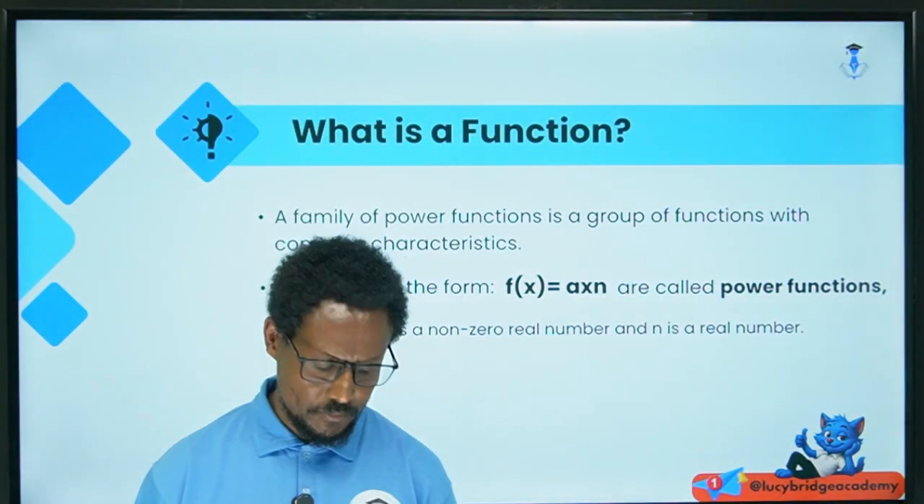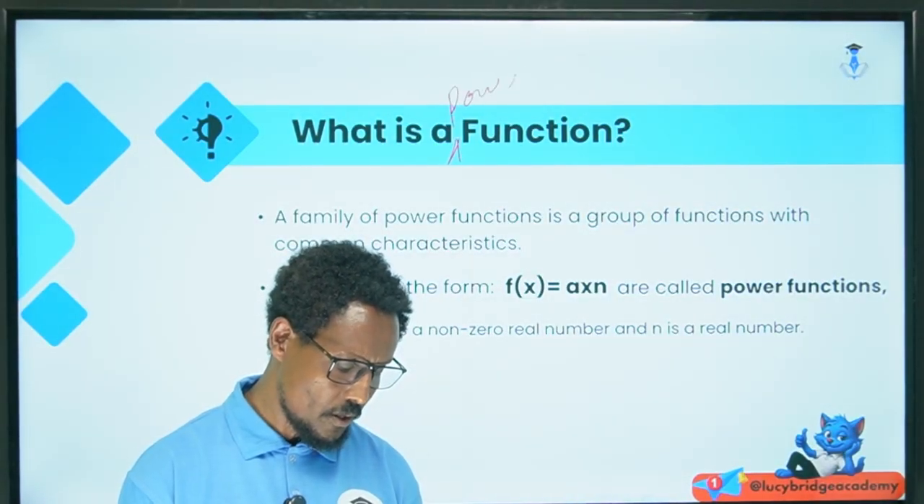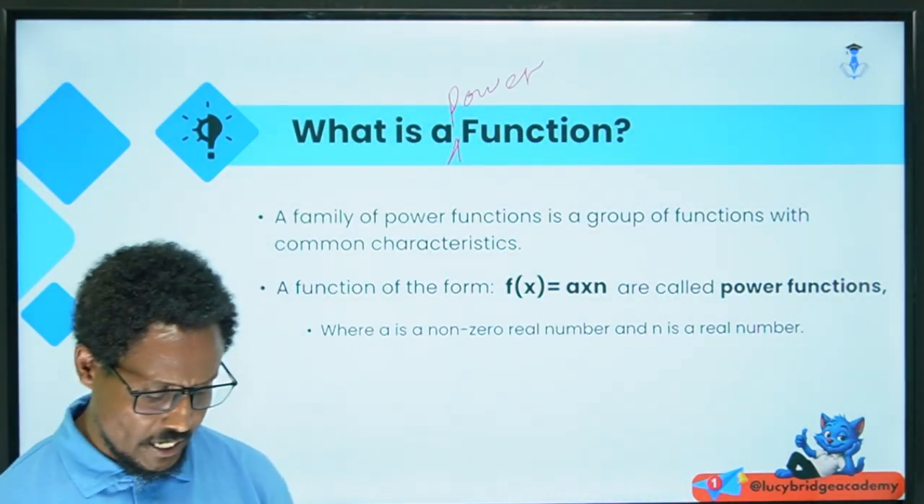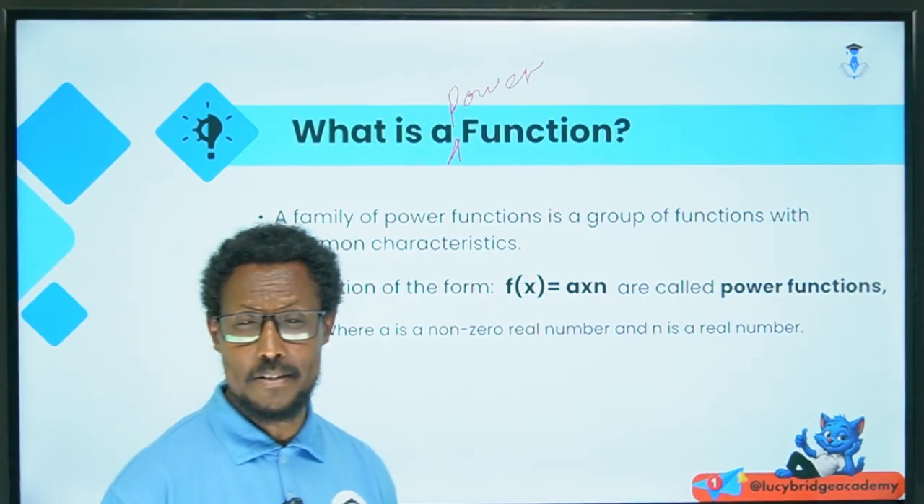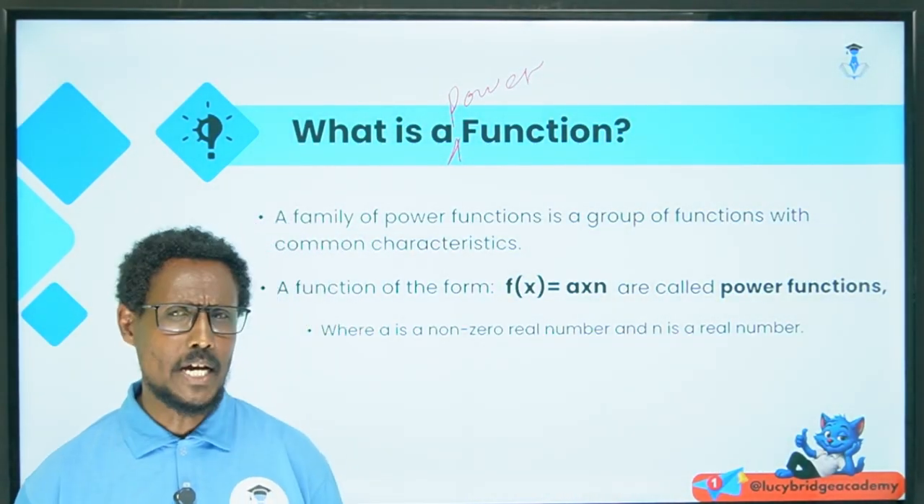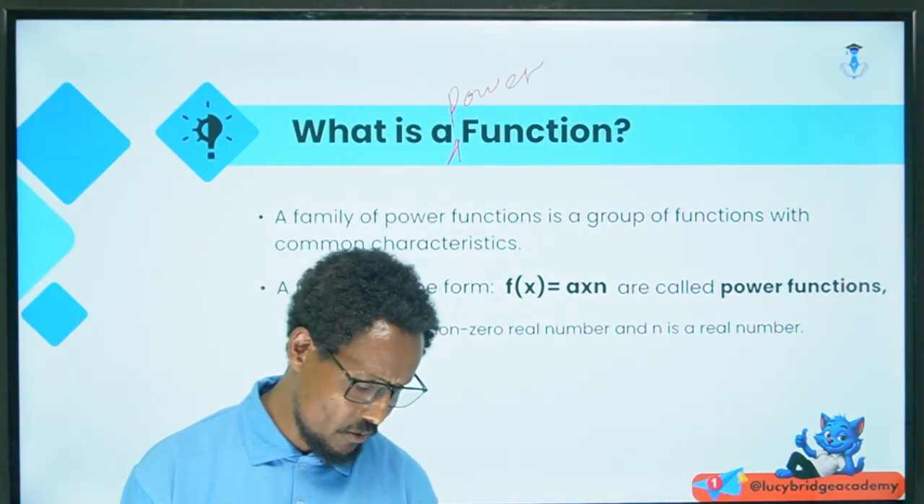ኦኬ what is a power function? Okay, what is a power function? A family of power functions is a group of functions with common characteristics. Okay, family of groups በጣም ተመሳሳይ የጋራ የሆነ ኮመን ፕሮፐርቲ ያላቸውን ፋንክሽኖች አንድ ላይ በማድረግ ማለት ነው።